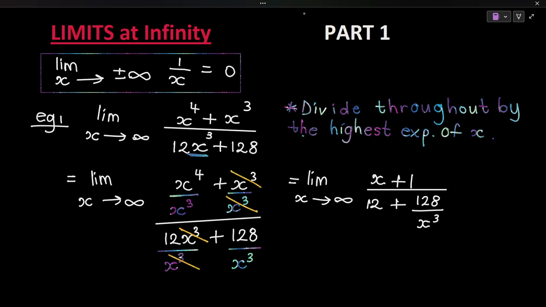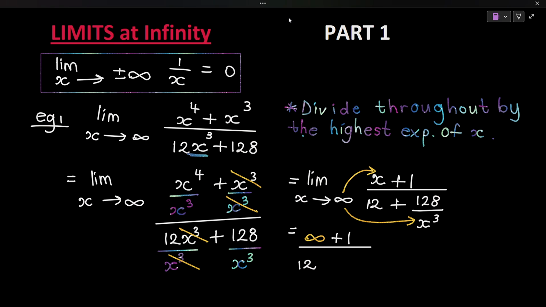So it is not necessary for you to show the step where you actually substitute the infinity, but for the sake of us understanding exactly what goes on, I'm just going to show it at the moment. Now remember that you are making use of the limit, so you no longer need to write down the lim on the left hand side. We are now taking this infinity and substituting wherever we have x. Okay, so that is going to give us infinity plus 1 all over 12 plus